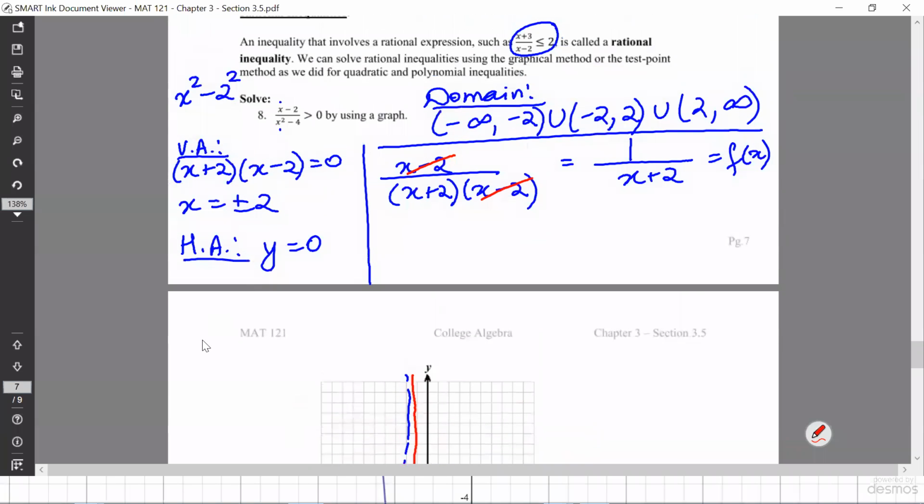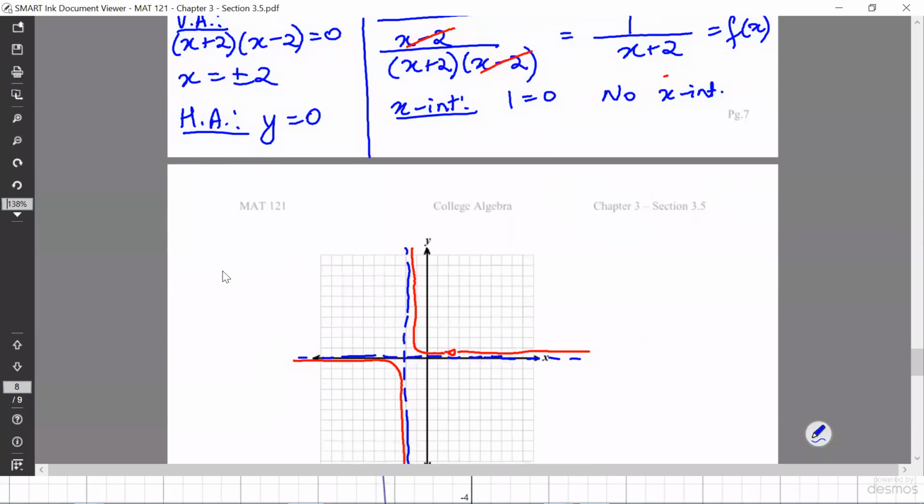So again, like I said, you could have found your x-intercept, y-intercept, which looks like we actually wouldn't have an x-intercept once you look at the function in the lowest form. If you try to find the x-intercept, remember what I told you, just take the numerator and set it equal to 0, so you would actually end up getting 1 equals 0, which there's no x value. So you have no x-intercept, and that's pretty evident from our graph because our 2 arms are not crossing the